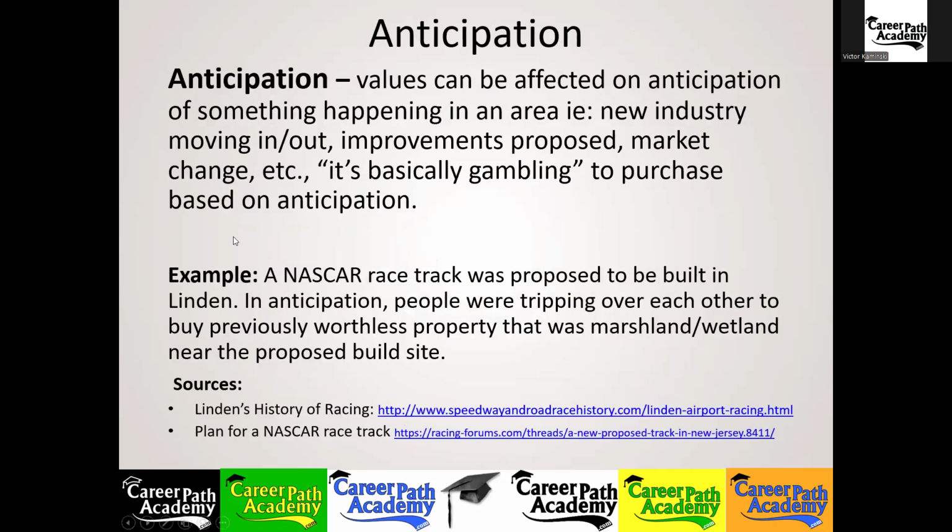And here's an example of that. In my town of Linden, years ago, they were going to build a NASCAR racetrack here. The city council approved it. They got the funding in place for it. They just couldn't get NASCAR to sanction one race there. So a NASCAR racetrack without a NASCAR race is simply a racetrack, and we didn't just need another racetrack around here. So that put the kibosh on that deal happening. And surprisingly, Linden does have a history with NASCAR.